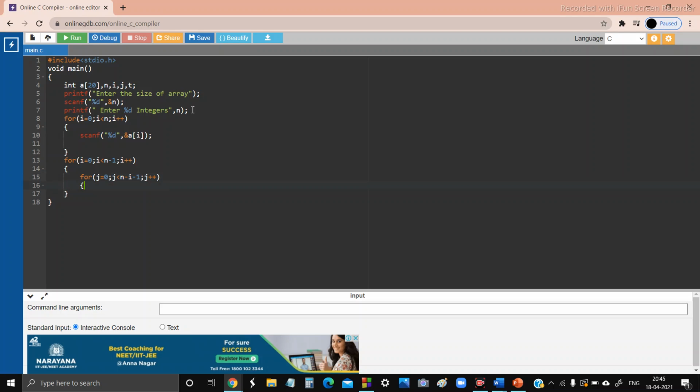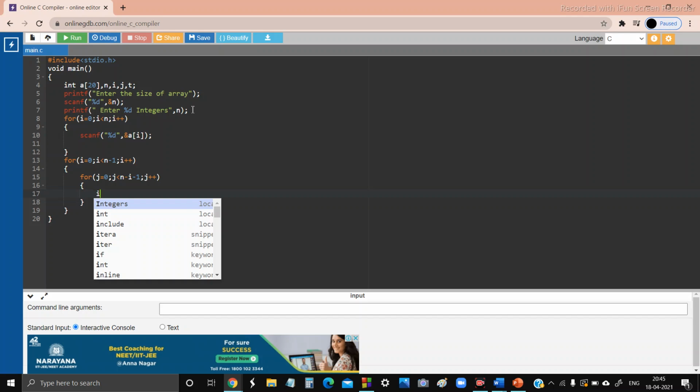This loop is to ensure that if the condition is true, then the element at the 0th location is compared with the next element. So for which we are writing the condition now.